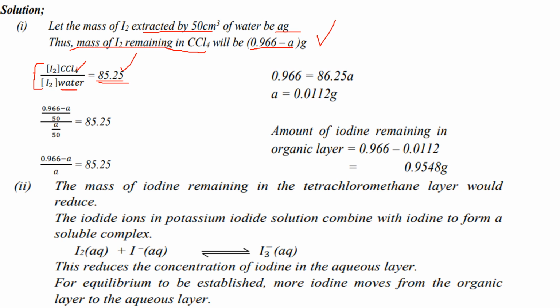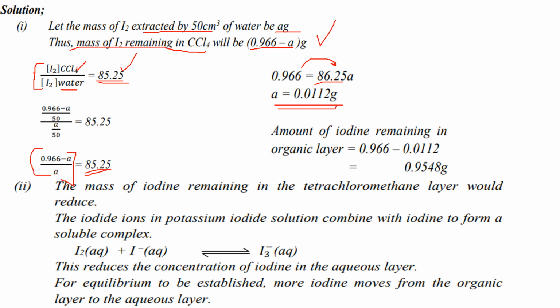Then divided by A divided by 50. So if you do the math that I told you earlier on, you end up with 0.966 minus A divided by A is equal to our KD, which is 85.25. If you cross multiply, you end up with 0.966 minus A is equal to 85.25A. But then you bring that A this side and it will add. That's why you're having 86.25. So let me hope you're not confused there. So when you divide, you end up with your A being equal to